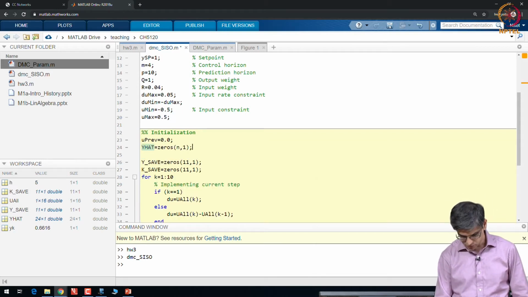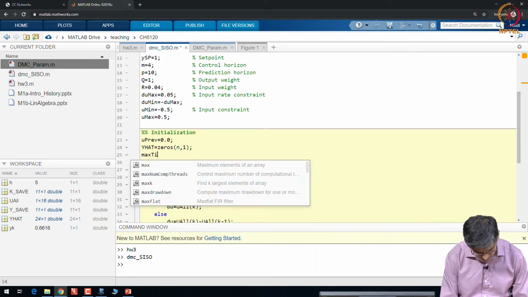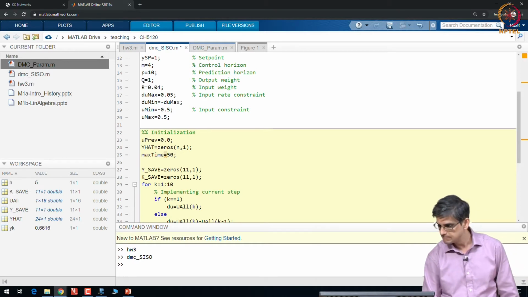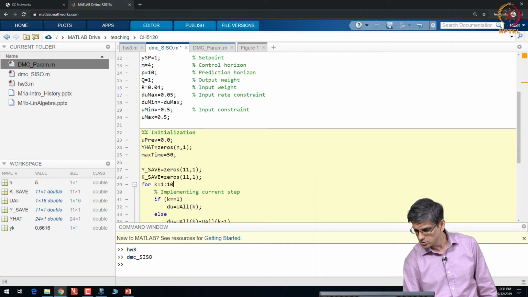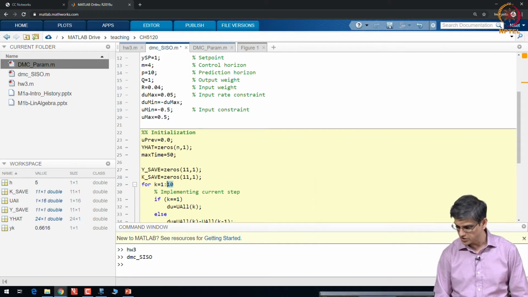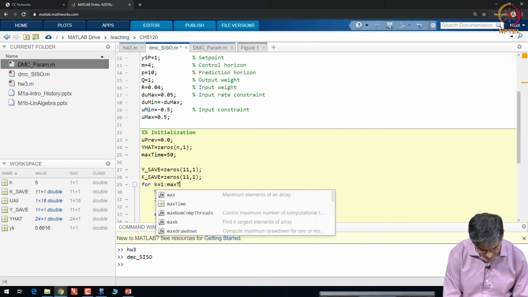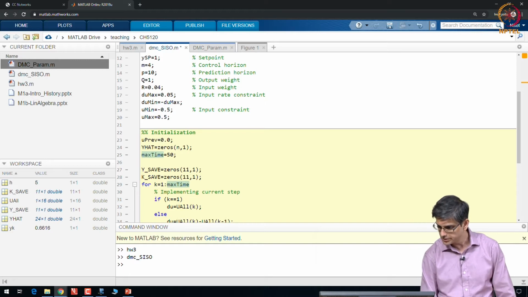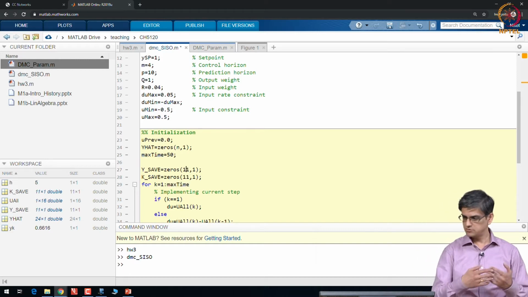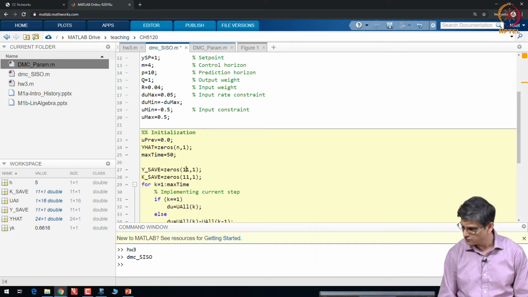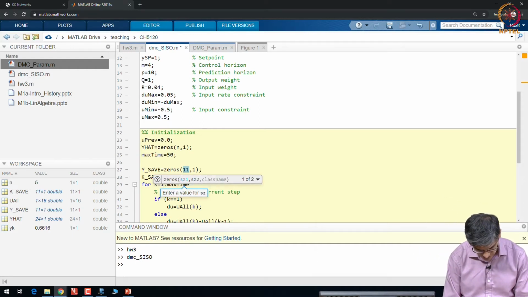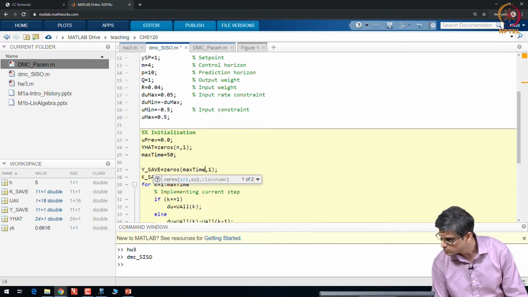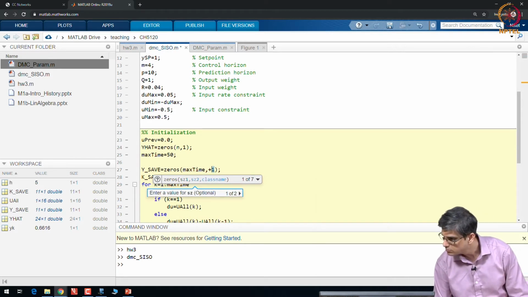Let me also say max time, let us do it for 50 time steps. So, instead of 1 to 10, I am going to do it up to max time. And y save is to save the outputs, I am going to have y save as max time plus 1.